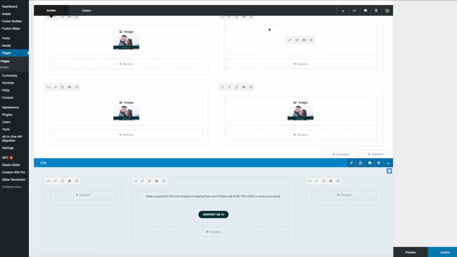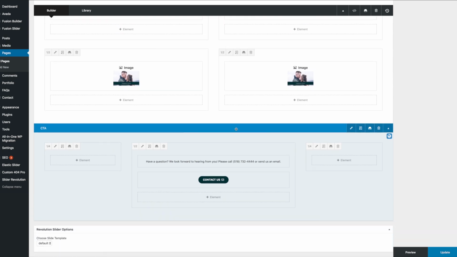So I create certain templates and save them. Okay, so this is one that I have saved. And you can see here, this means that it's a global container. Okay, so what does that mean? It means that when it's lit up like this and it has the global container icon, it means that any